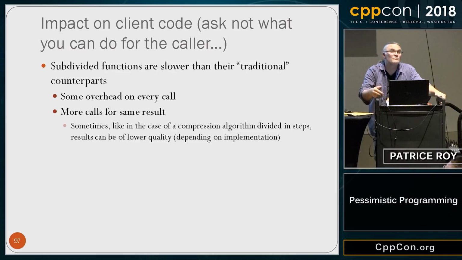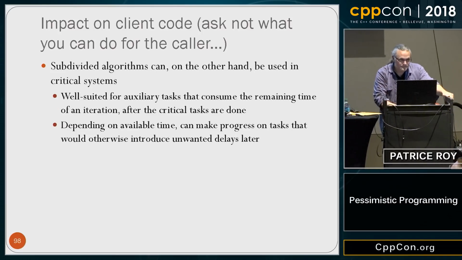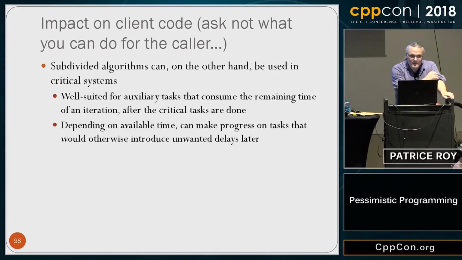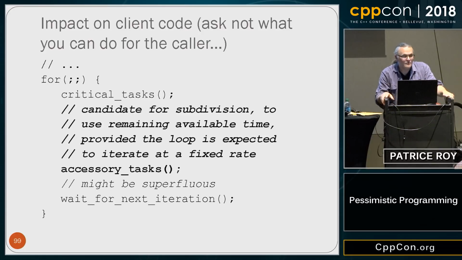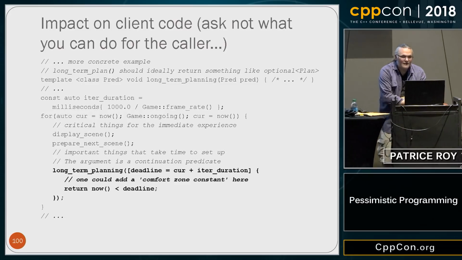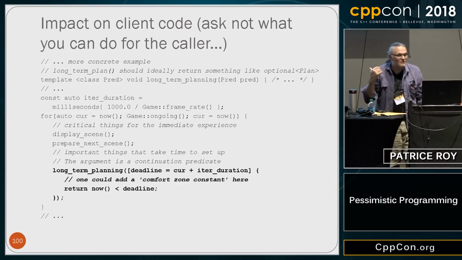If you want to make things progress a bit in the meantime and use your time to the fullest, maybe it's something you're going to do. They can be used in many things. They can be used in critical tasks, of course. When you have the critical task, and then something that's accessory, you want the accessory thing not to exceed your time budget because then it might be dangerous. So this is the kind of planning situation I was talking about with the game,